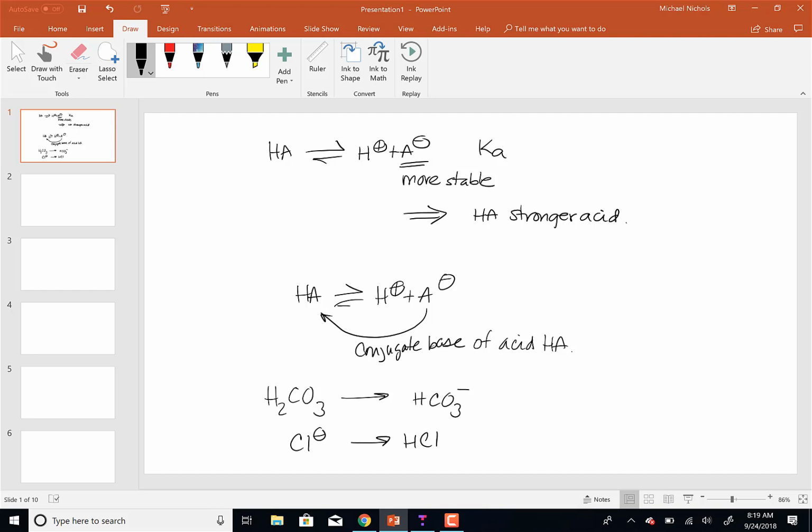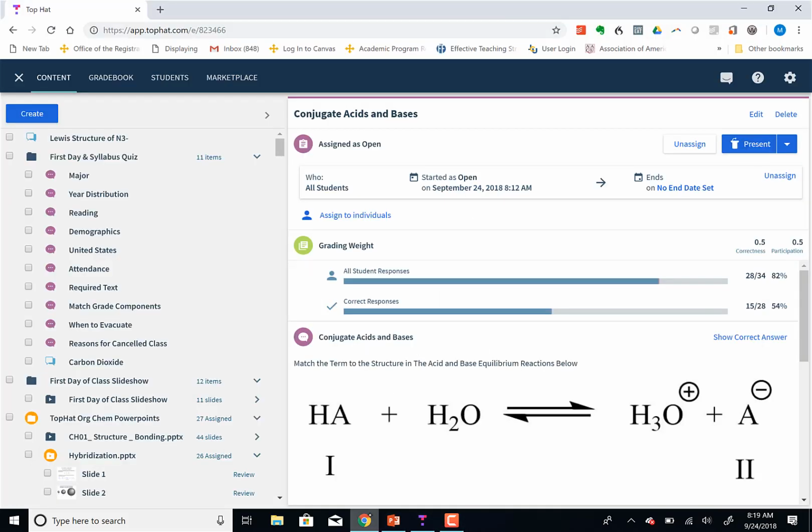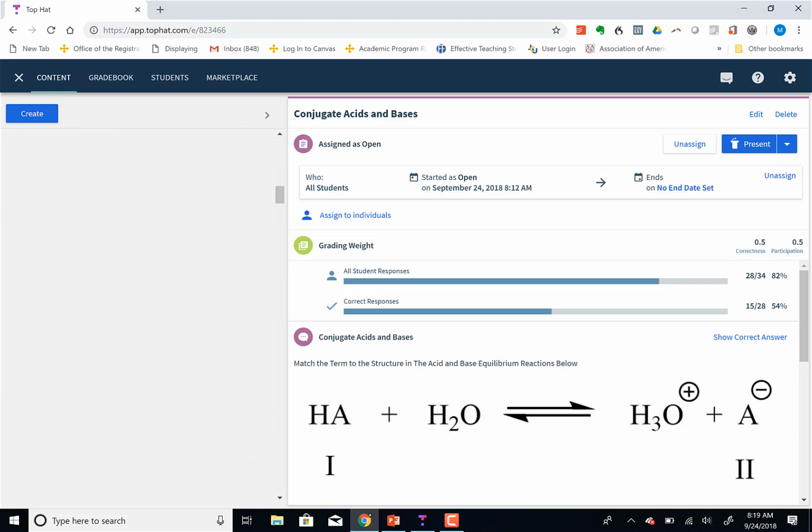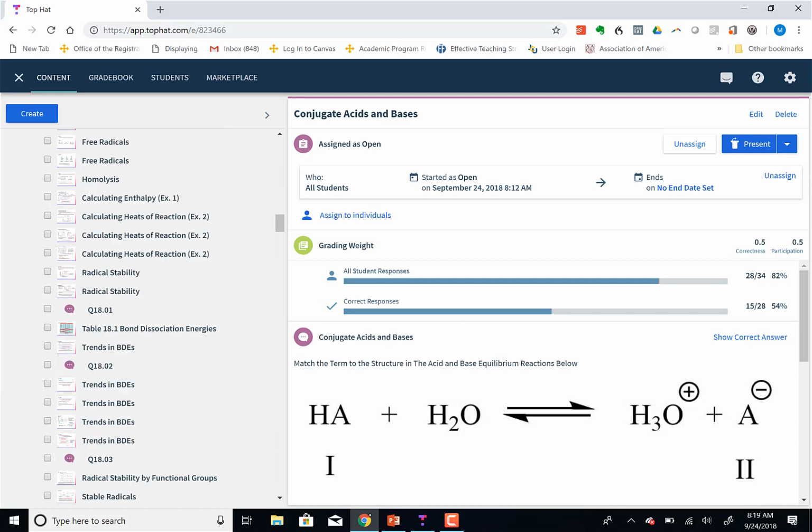So when we're looking at acid-base equilibria, we first have to identify, is it acidic or is it basic? Is it an acid reacting or is it a base reacting? And then the other species on the other side, that is the conjugate acid and the conjugate base. All right. Does that make sense to everybody? You're going to get the opportunity to do that again shortly. Okay, if there's anything that doesn't make sense,